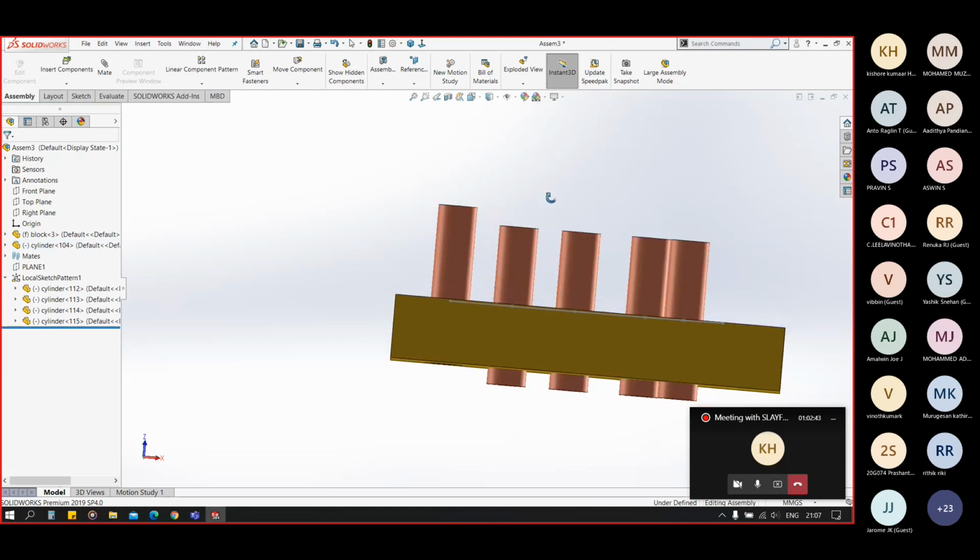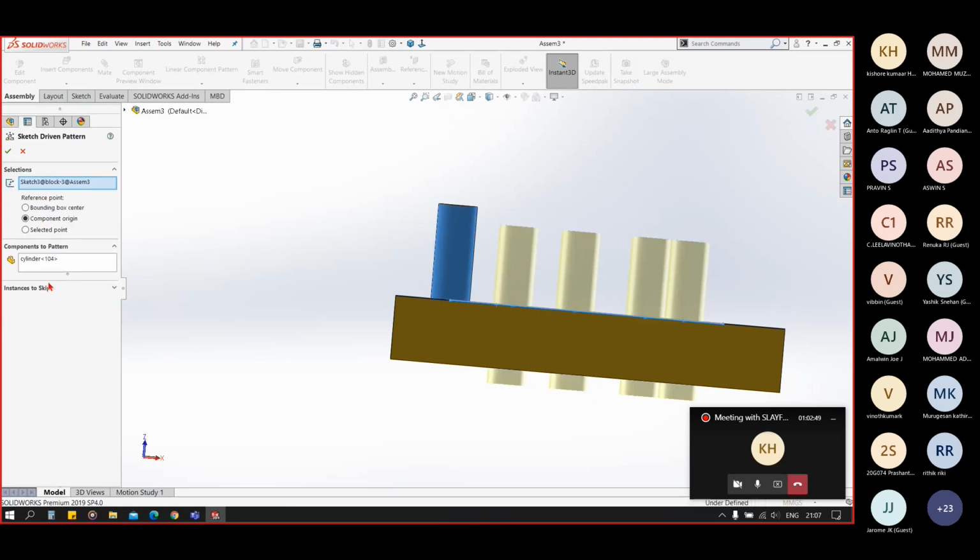Now in this case you can see it is slightly down in position because in the local sketch pattern we have component origin selected, so it has patterned using the origin of the cylindrical blocks. When I select the bounding box, it will use a bounding box.